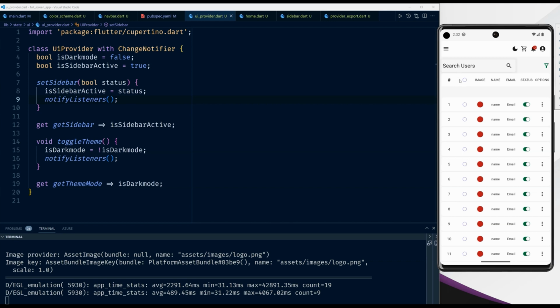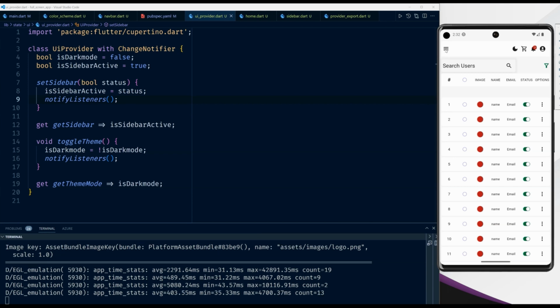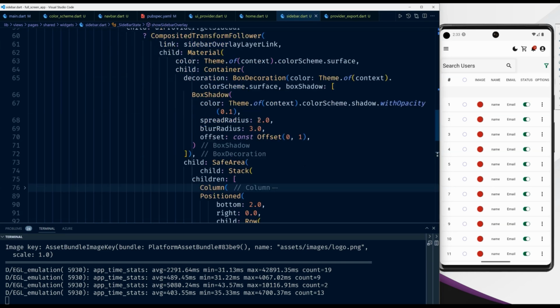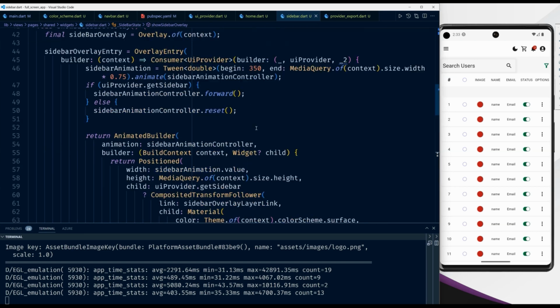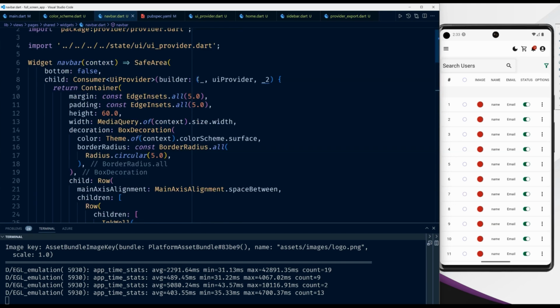the sidebar. All right. Okay, so after that, we want to activate this button here on the navigation bar, so that if we click on it, it brings in the sidebar. All right. So what I'm going to do is go to my sidebar here, and where we find the consumer, I'm going to take this part here. I'm going to take the consumer itself, go into my nav bar, and inside the nav bar, the